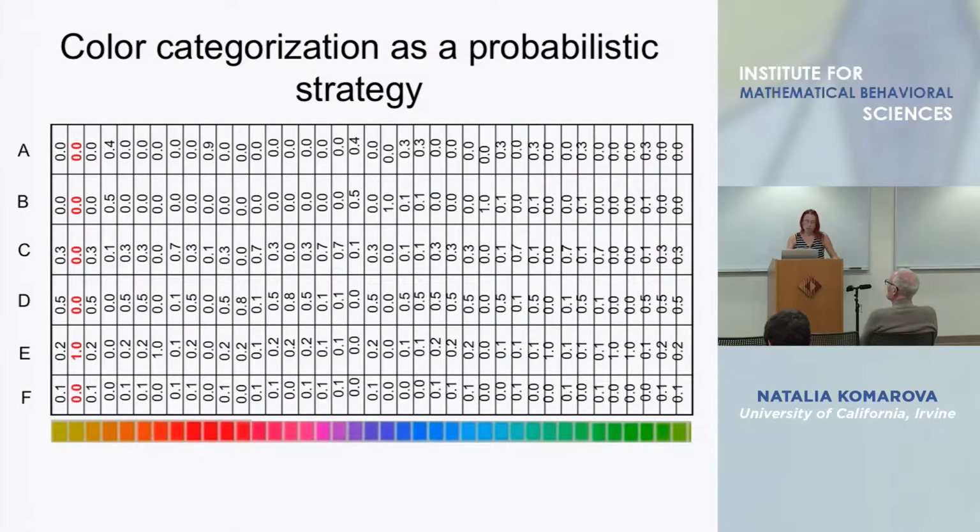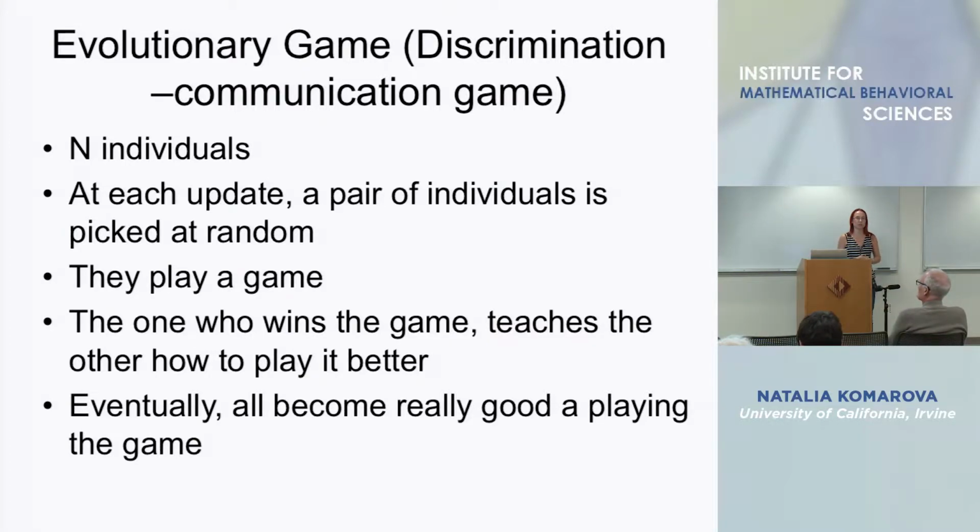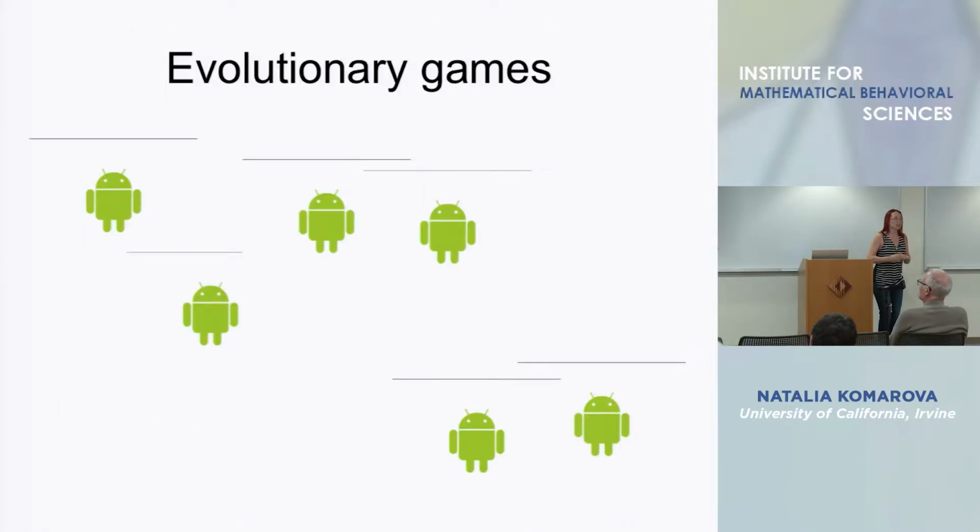So let's suppose we have a game theory type model. We're going to have n individuals. At each update, a pair of individuals is picked at random. They play a game, and the one who wins the game teaches his categorization to the other one somehow, or affects the other one's categorization. And each of these agents is equipped with that thing that you were asking me about. So they have a table, which is